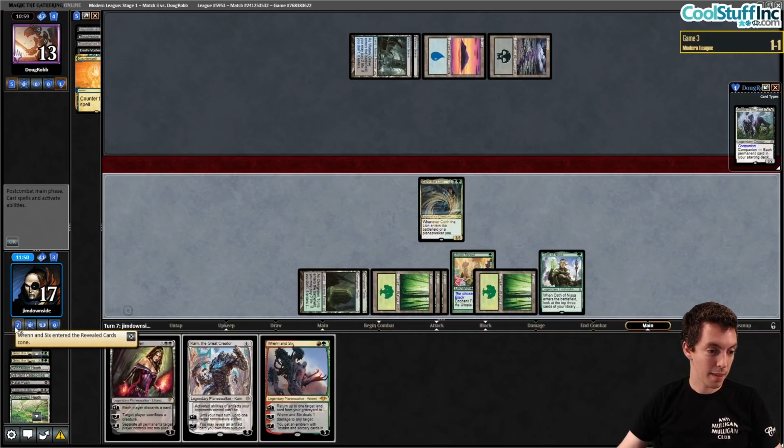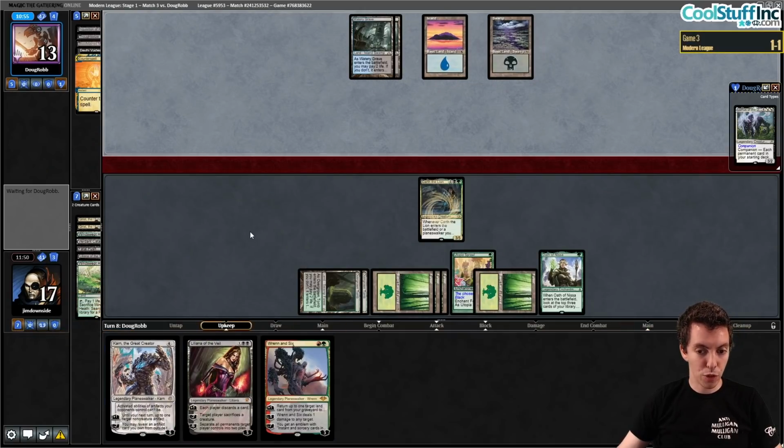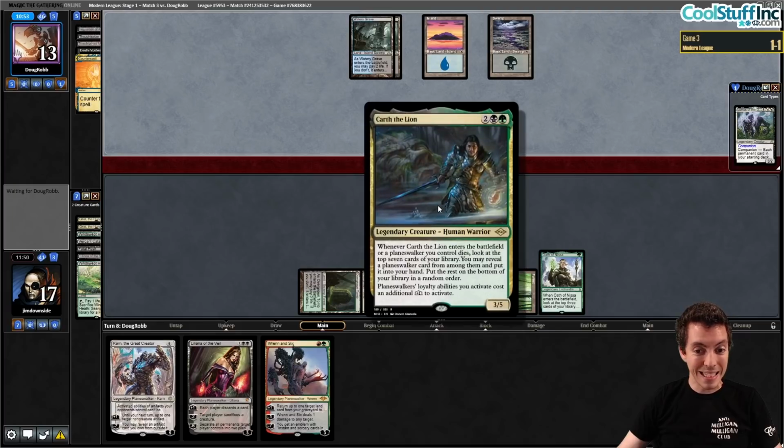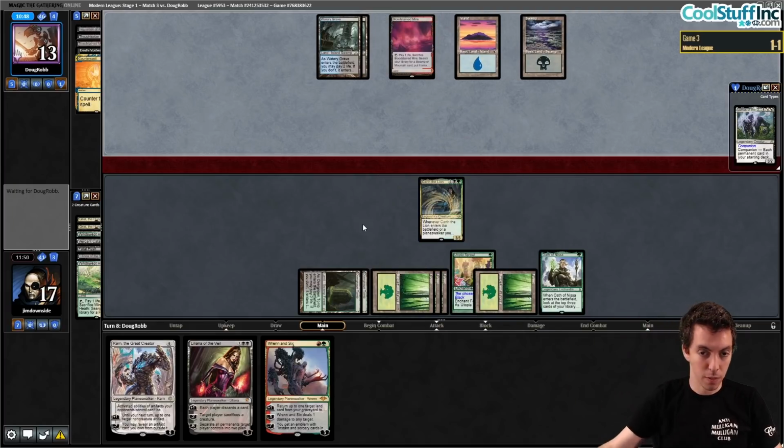That was scary. All right, so now we have Wrenn and Six available. We got 3 boomers in our hand, a boomer in play. Not the easiest card for them to kill. They can obviously fetch land, Fatal Push it, which I guess they'll probably do now because they drew a land, but